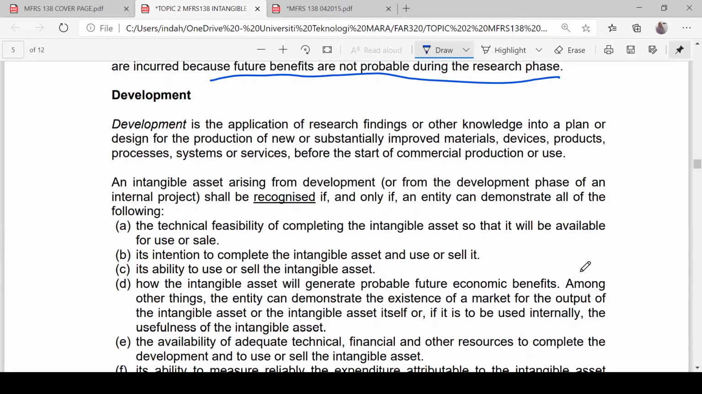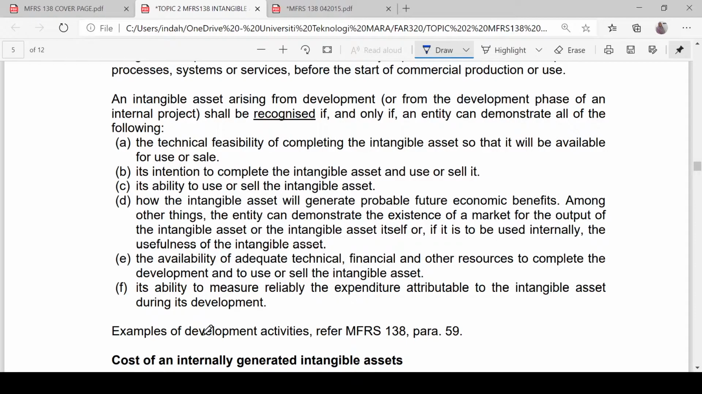An intangible asset arising from the development phase of an internal project shall be recognized if and only if an entity can demonstrate all of the following: the technical feasibility to complete the intangible asset, the intention to complete, the ability to use or sell the intangible asset, how the intangible asset will generate probable future economic benefits, the availability of adequate technical, financial, and other resources, and the ability to measure reliably the expenditure attributable to the intangible asset during its development. If the entity can demonstrate all of this, then any cost incurred during that development phase can be capitalized as